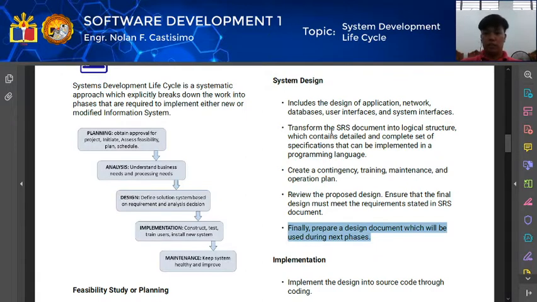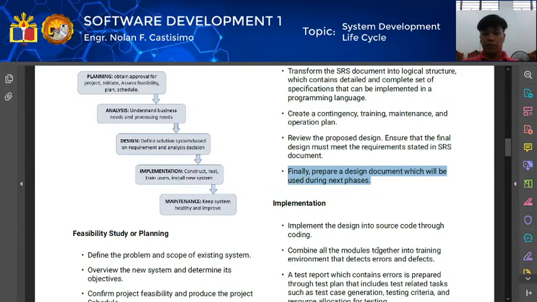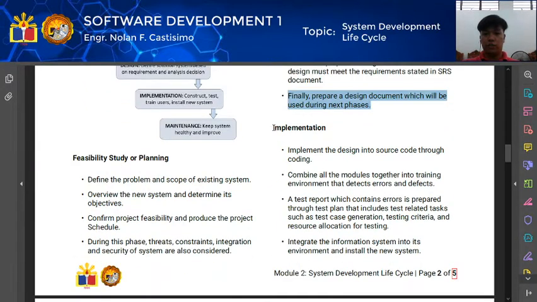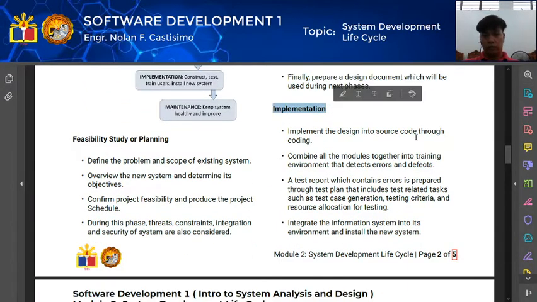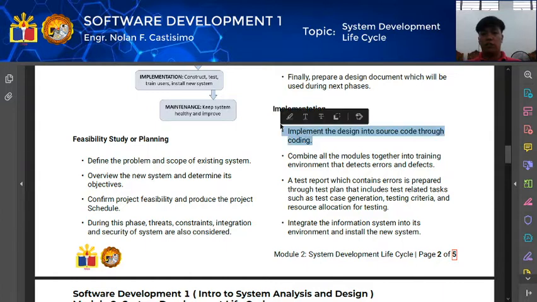Next is the implementation. Okay? So, dito sa implementation, assuming na meron nang nagawang system at na-design na, kailangan natin i-consider yung implementation. So, andyan, implement the design into source code through coding. Ayan, di ba? So, na-design na natin